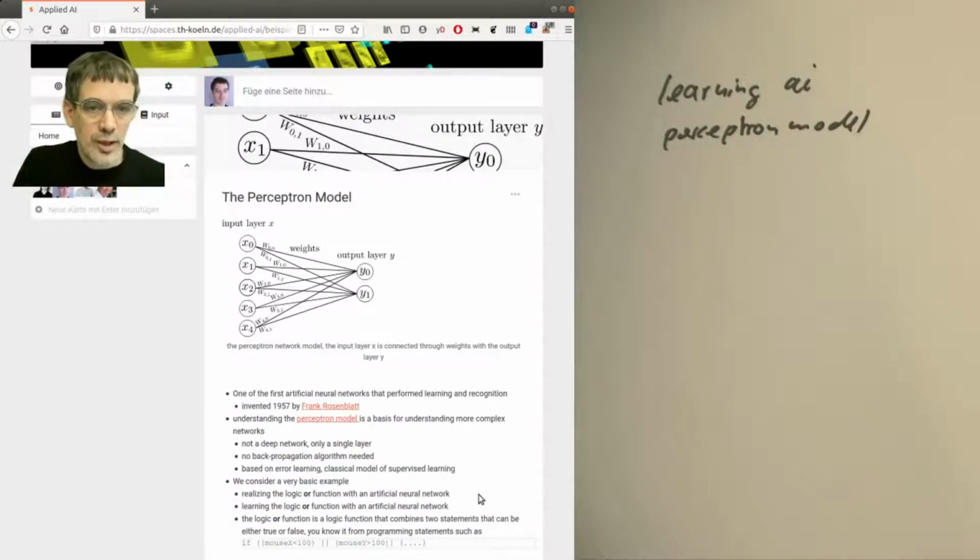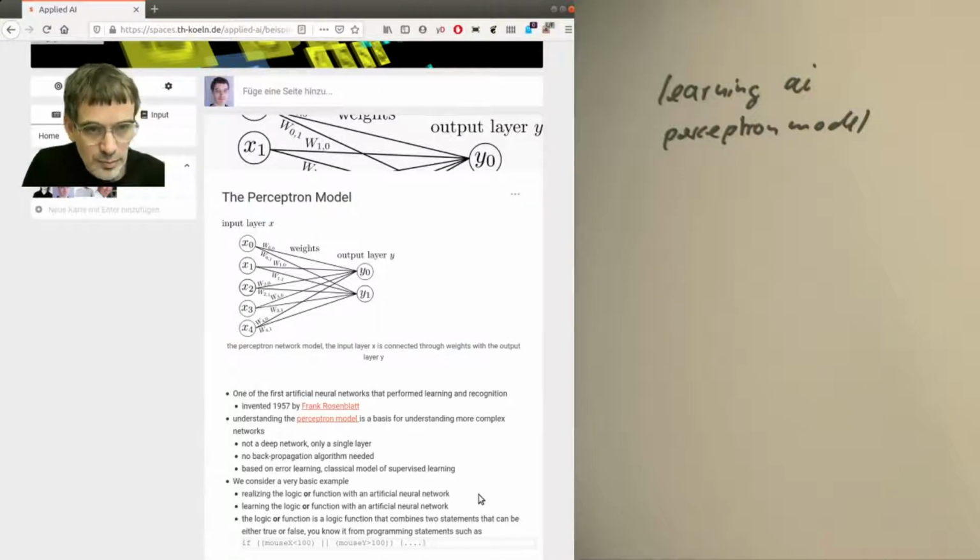And you may wonder, why are we looking at a 60-year-old neural network instead of just applying some of the contemporary deep neural networks? The reason is that this first week is really about learning and understanding how these artificial neural networks work. And the Perceptron model is a good entry point into understanding the mechanisms in neural networks and especially the